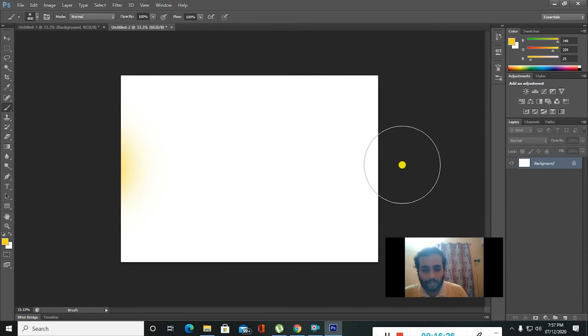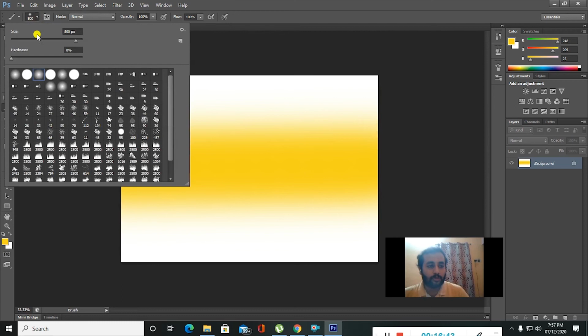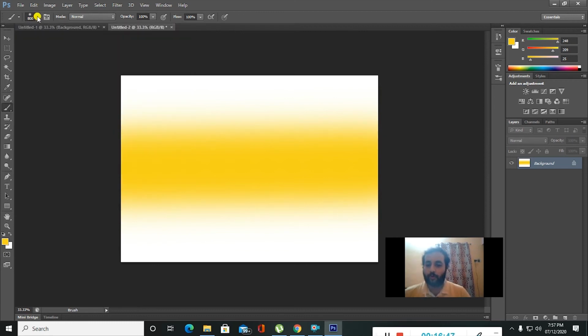Now if you want to merge two or more colors in a single layer, I recommend you to use soft edge brushes. So you can fill two or more colors, and by mixing them you can create some different shades. My yellow is filled now. Now I want to select orange, because when there is a sunset, you can see some shade of yellow and orange.